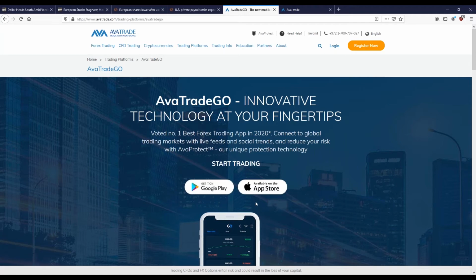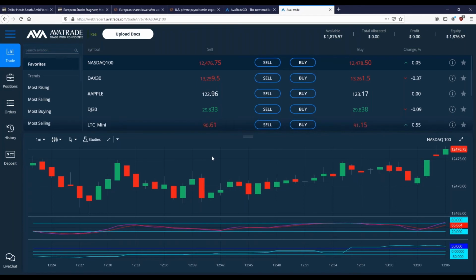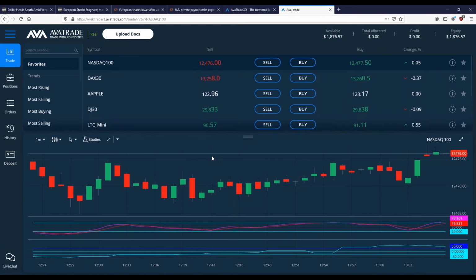Okay, so just as the mobile app does, we'll take a look. If you log in from our main website, you'll be in our WebTrader platform, which looks like this. Those of you who've been with AvaTrade for a while, if you have an older account, if you don't see this platform when you log in from our main website, if it takes you directly to the client area instead, talk to your account manager or support and ask for the WebTrader platform to be added to your account, and then you'll see this platform when you log in. It trades right over top of your MT4 and MT5 accounts on the same account. It's the same account trading over top of it.